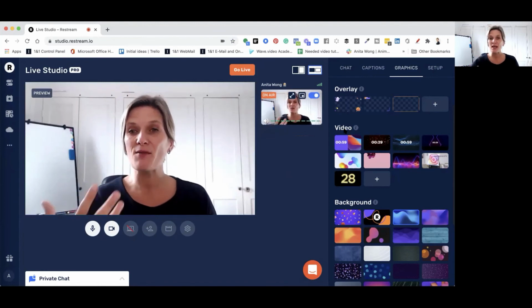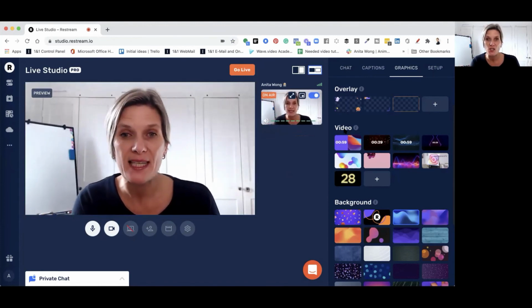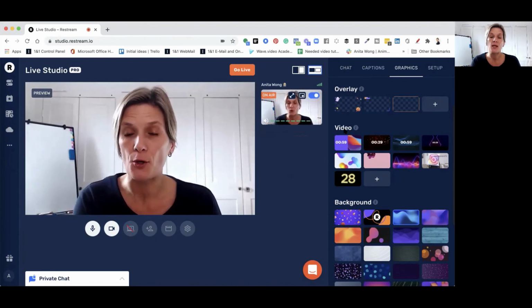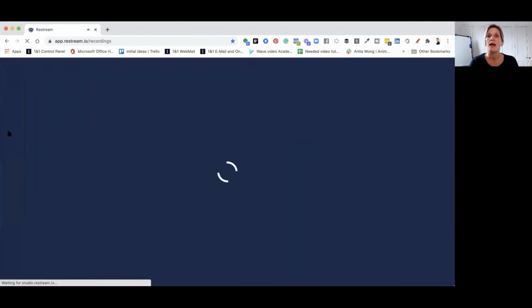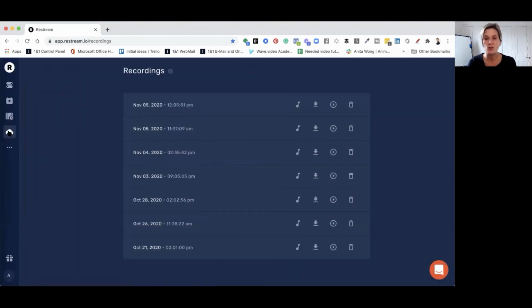Okay, so now they've left. They've also left the backstage area of my meeting room. So all that I have to do now is go over to this cloud button here on the left, which says recordings, and it's going to open up the recordings window inside of your Restream Studio dashboard. And here you can see that this is the one that I just recorded, and you can press play to watch your video